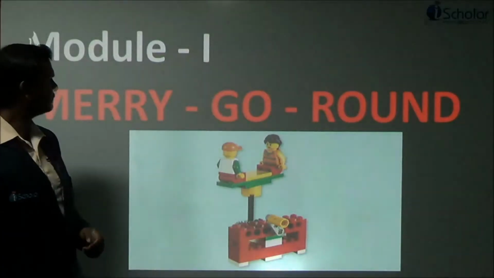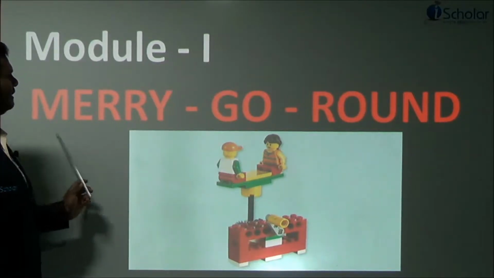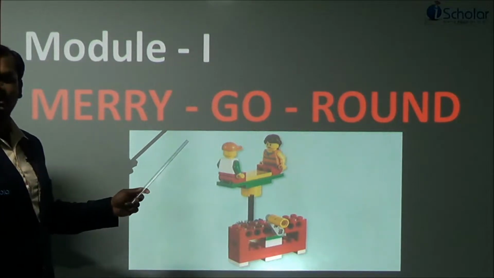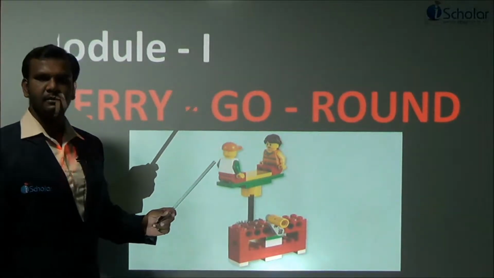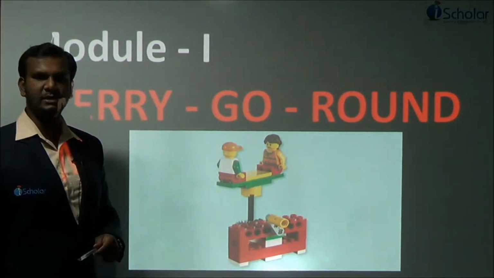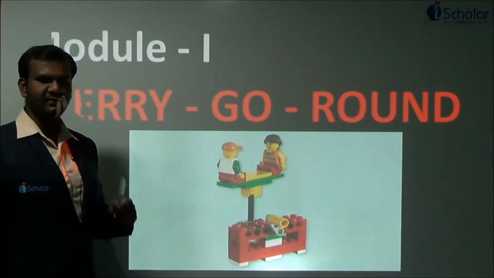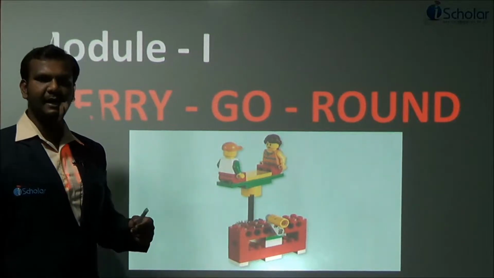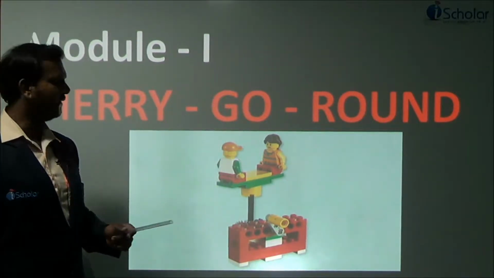Listen students. So our module 1. Our module name is merry-go-round. This is our activity for grade 2 students. If you have any doubts, students, kindly refer to your manual. You can also ask your coordinators over there. And do not misplace the components in the kit. Once we start, I will give you the instruction. Based on that, we can start building step by step. Listen carefully.